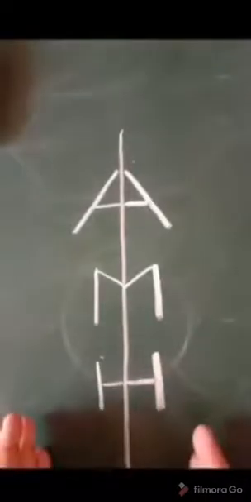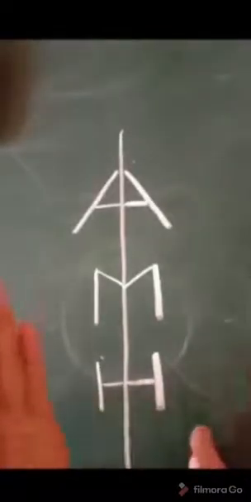This straight line, suppose we'll consider it as the axis of symmetry, and here at one side I have drawn some lines. Okay, now I'll just draw the reflection of it on the other side. See here, I have drawn the reflection. Now when I drew the reflection, children, which alphabets did you get? You got alphabet A, alphabet M and alphabet H. So they are called reflectional symmetry. Whatever is on one side, the same reflection you are getting on the other side.